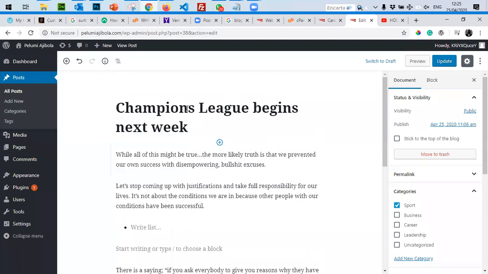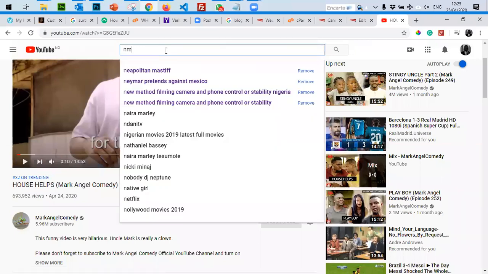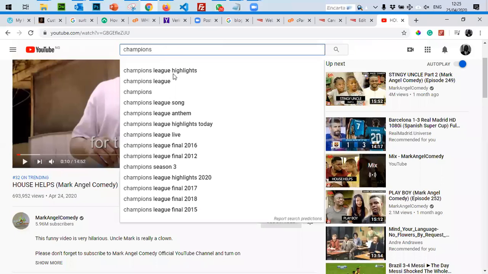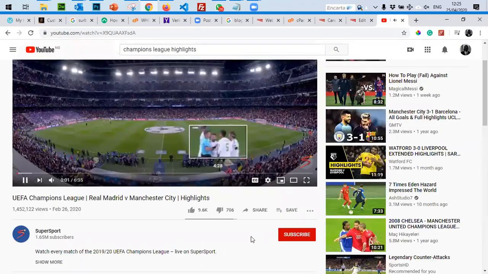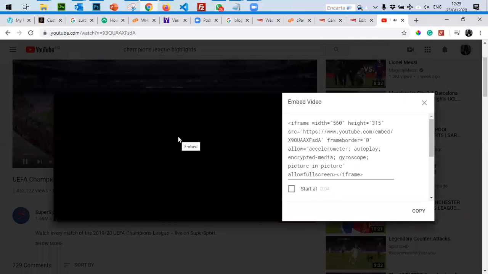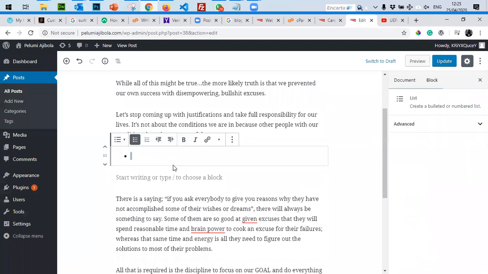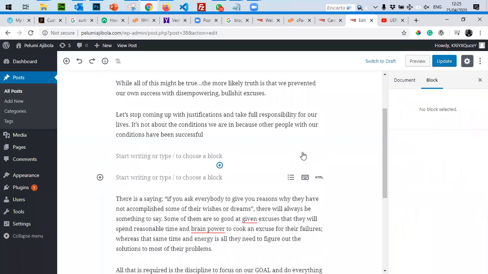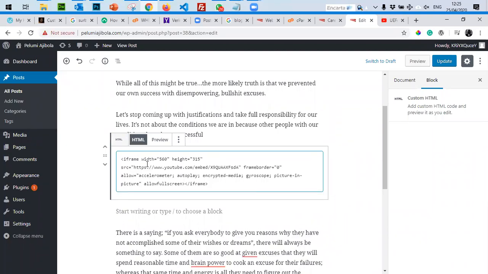So for this particular post that says champions link, I think it will be ideal to have a Messi's or maybe a Champions League video. Yeah, let's say I want to share this particular video. I go back to my share, I click on the embed, I just highlight this entire snippet and paste it where I want. Now, you either paste it or you select that you want to paste an HTML. That way, it's easier for the browser to interpret it as a video.